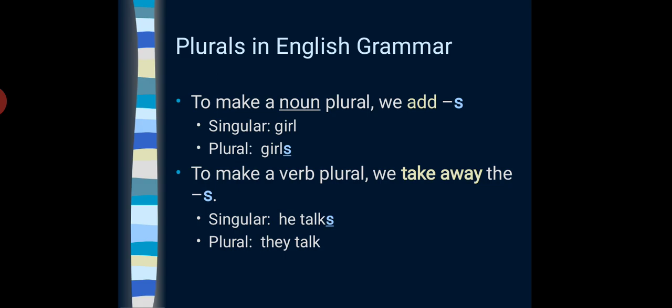To make a noun plural, we add s. Like when we add s to a singular noun girl, it becomes girls, and girls is plural. Whereas to make a verb plural, we take away the s. When we have to make the plural of the verb, we reduce s from it. And that's the very first rule of the subject verb agreement, that